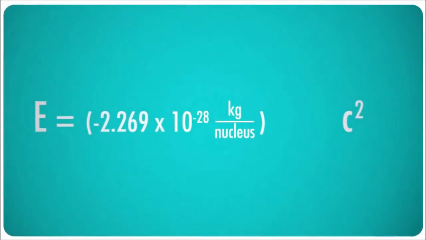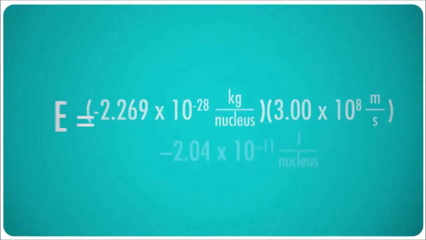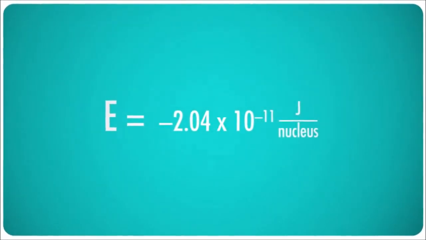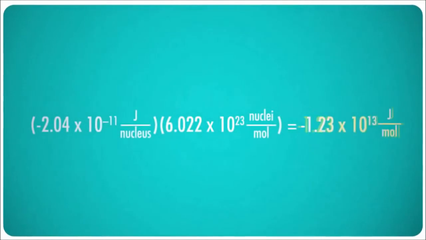Using this equation, we can find that the binding energy of one nucleus of oxygen is negative 2.04 times 10 to the negative 11th joules, the negative signifying that the energy is being given off. Now, while this might not seem like a lot of energy, this is only for one nucleus of one oxygen atom. Times this by 6.023 times 10 to the 23rd and you get the amount of binding energy in 1 mole